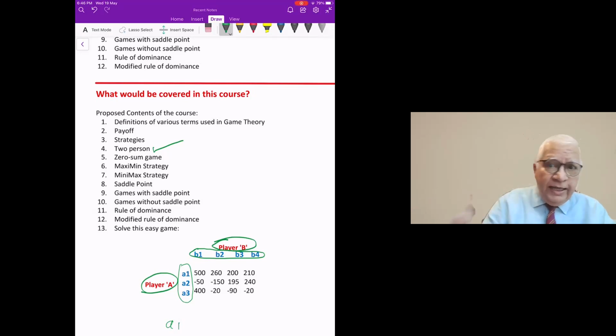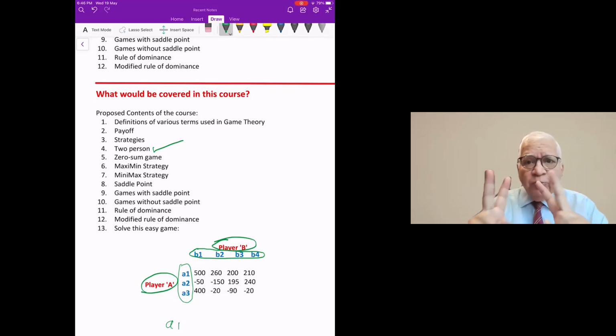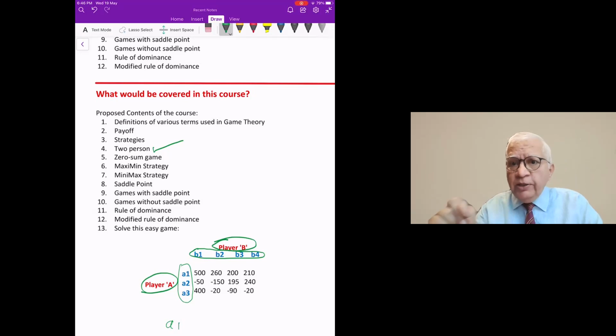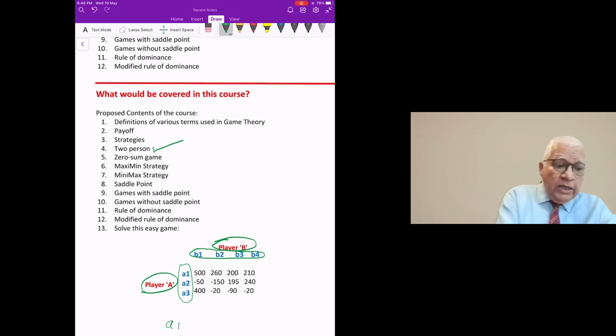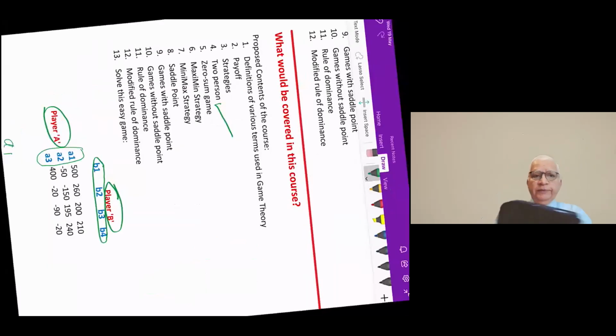Now, in our game, remember, for simplicity, we are assuming that there are only two players. These two players are competing against each other. That means whatever is A's gain is equal to B's loss. Whatever A gains, B loses the same amount. It's like this: in a game of chess, if A wins, B loses. And if A gets something like 6 points, B loses 6 points in that game. So here also, what we are doing is